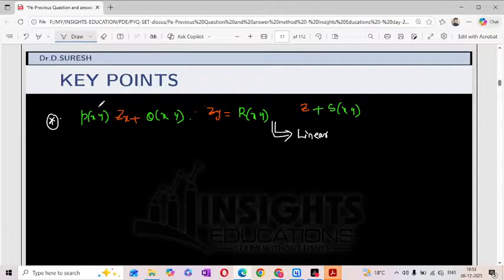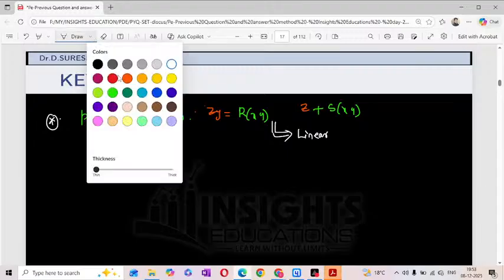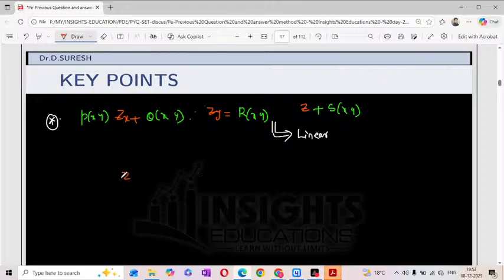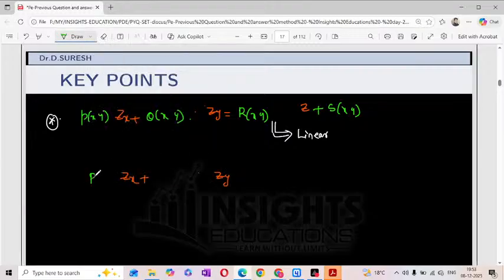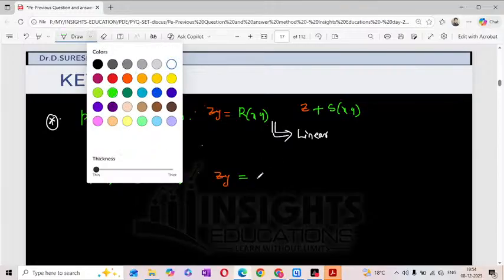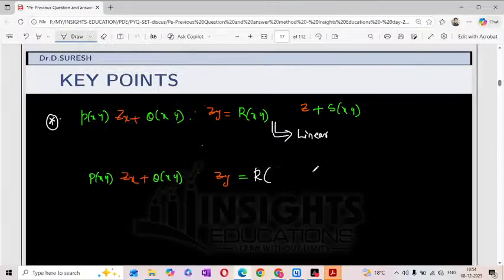Next one, here I'm not disturbing the left hand side, but I'm disturbing the right hand side. Similarly, zx, zy, there is no product and the power must be 1, and the coefficients of this zx, zy are functions of x, y, but right hand side here the function of